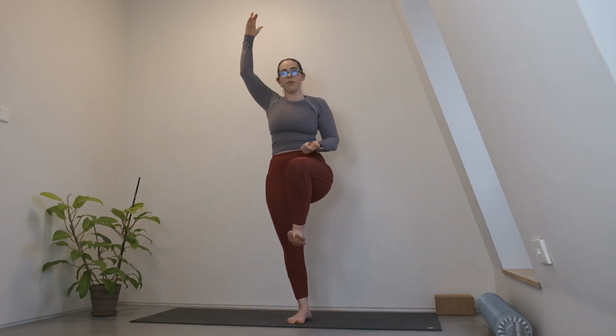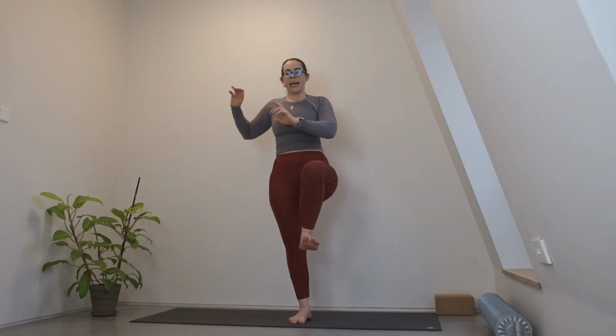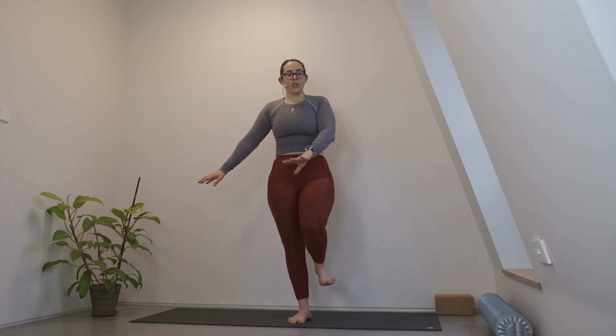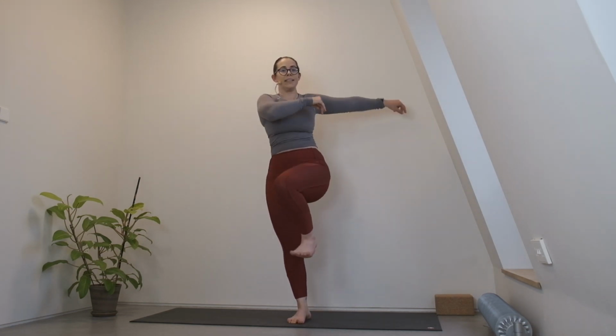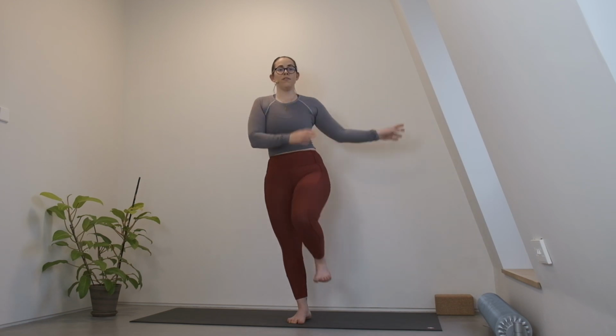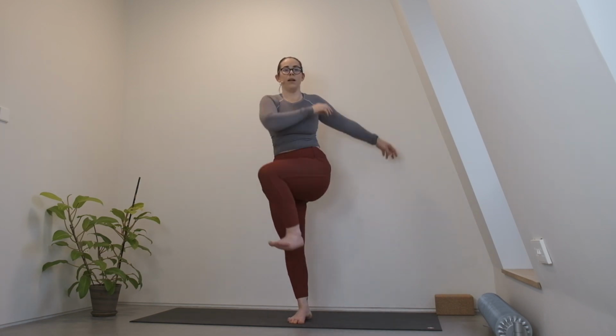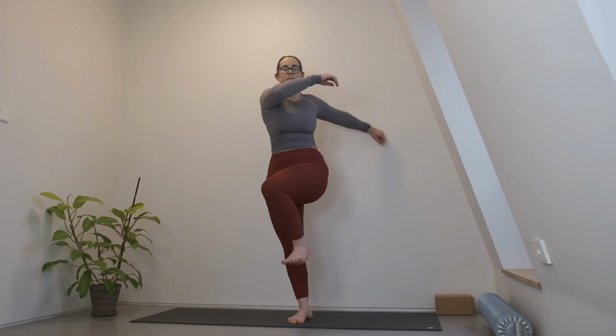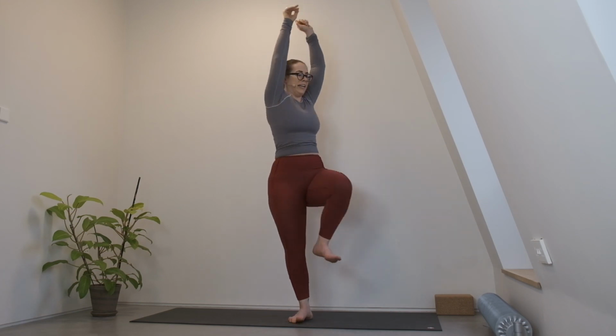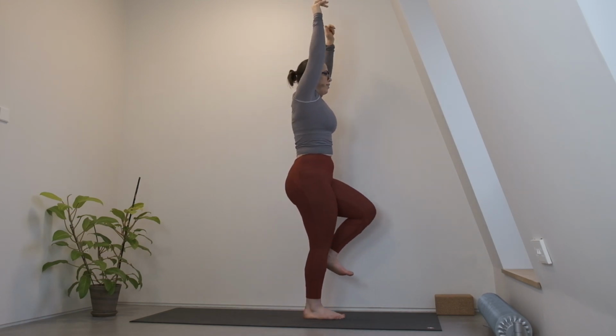We'll flex the right toes towards the shin bone, taking our arms to the left and the knee to the right. And as we change direction of the hands and knee, we find almost a little flick of the hands in the center. So it's almost as if you're trying to flick water off your fingertips. So you've got a little bit of a bounce through the middle of that movement, through the hip and the arms. Last time here, when you're ready, draw the knee into the chest, lift the arms, and turn to the front